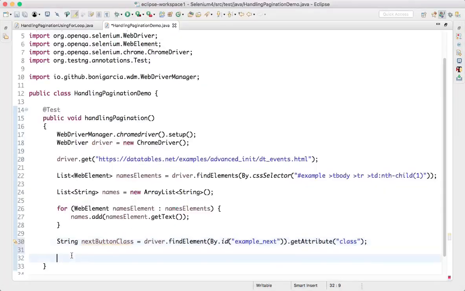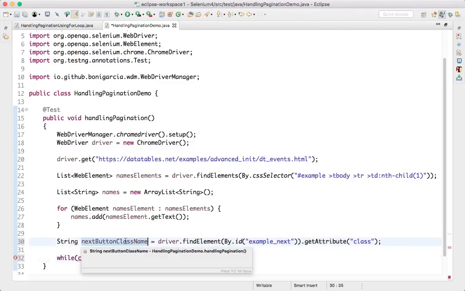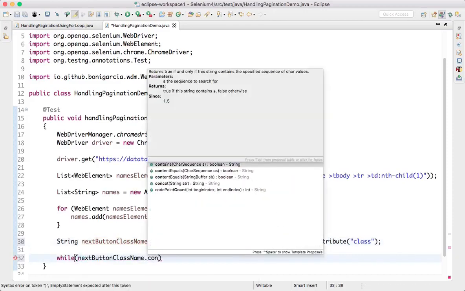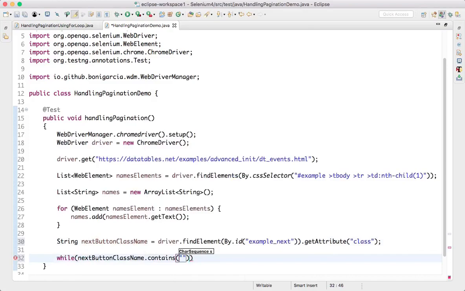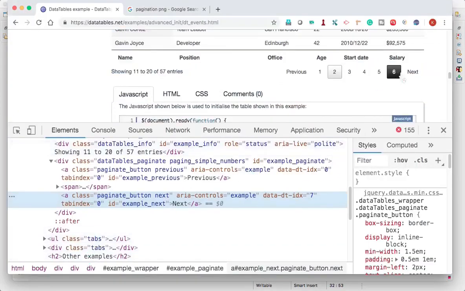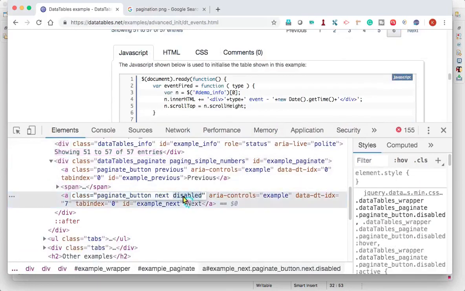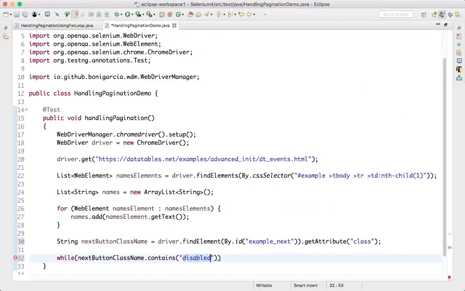So I'll write a logic here, a while loop: while next button class name dot contains, as this is a string, right? Disabled. When you are in the last page, you see disabled.